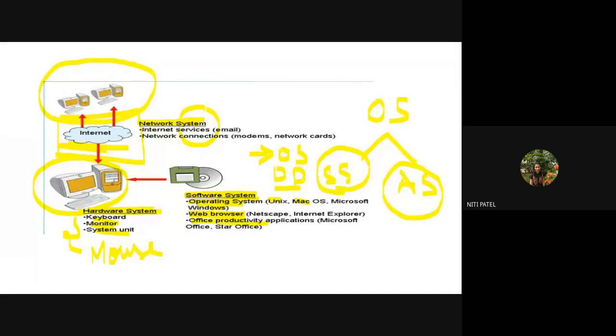What is device driver? Now, what devices do I get when I buy a computer? I get a keyboard, I get a monitor, I get a CPU, and I get a mouse. So all these are already working as soon as I start the system. Why? Because whatever device drivers they need are already installed when you buy.